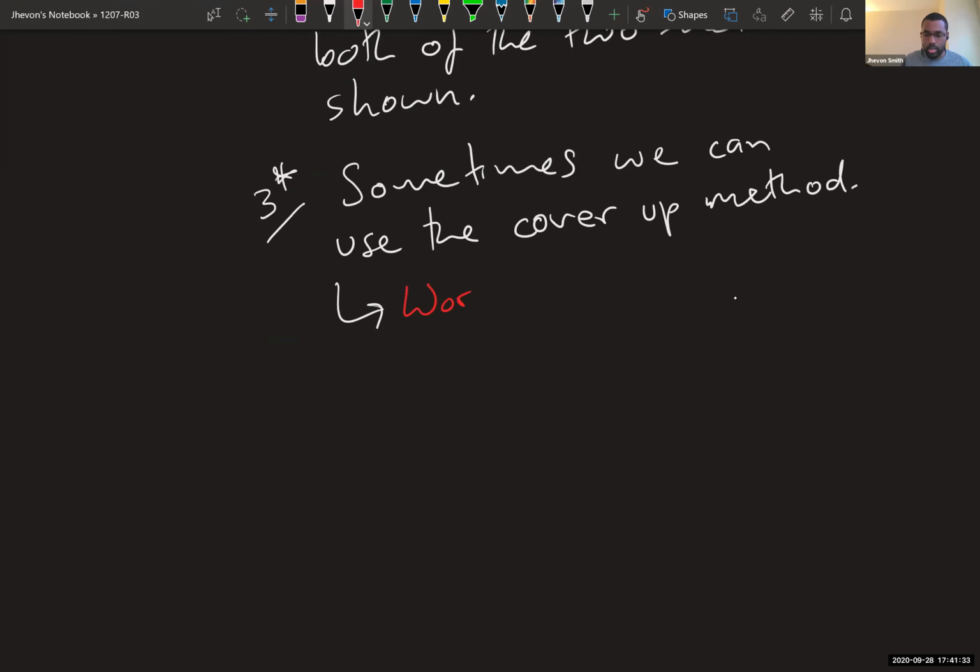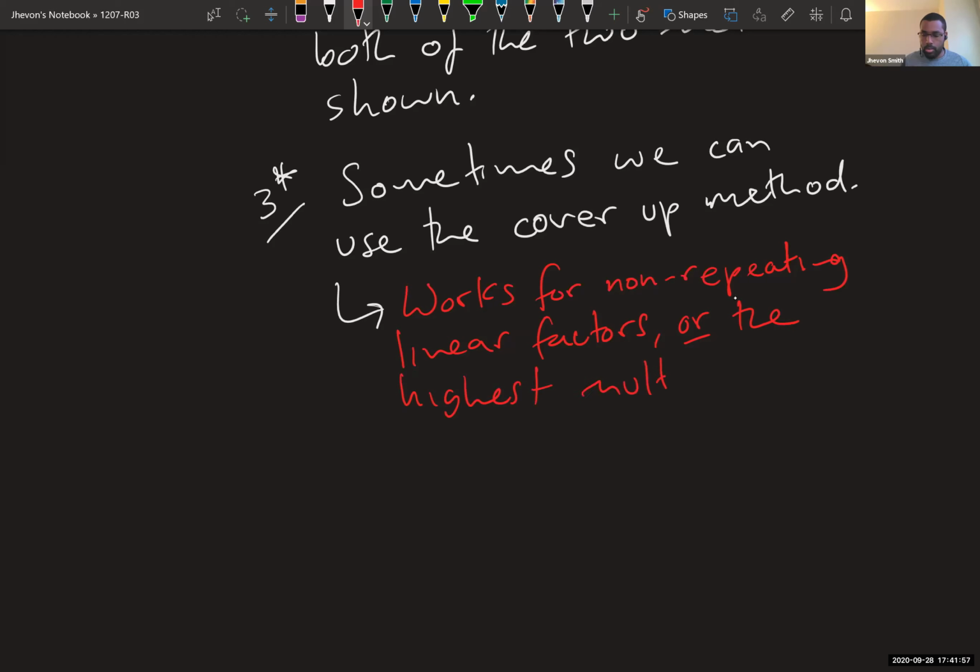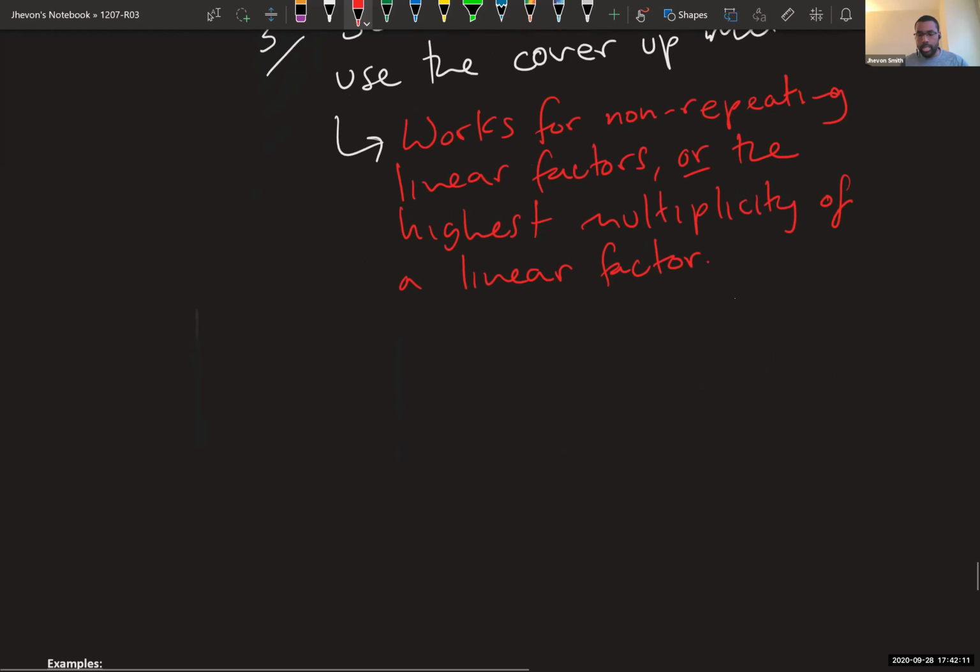It works for non-repeating linear factors or the highest multiplicity of a linear factor. Okay, so what does that mean? Let's say,